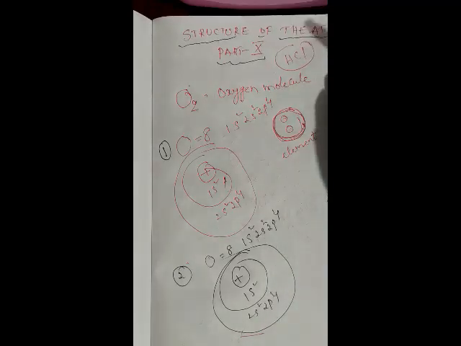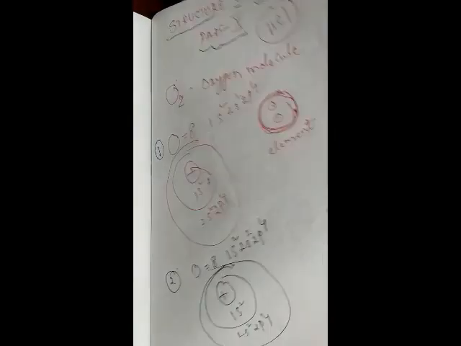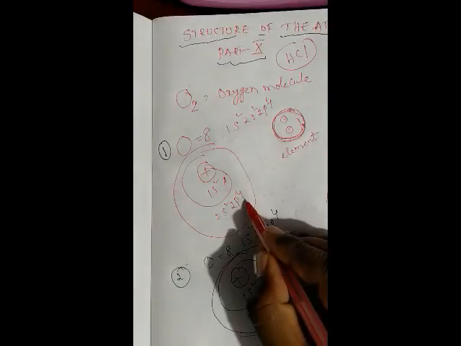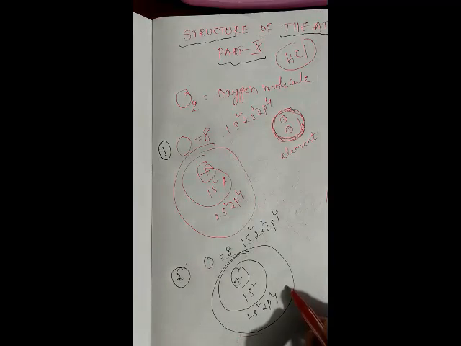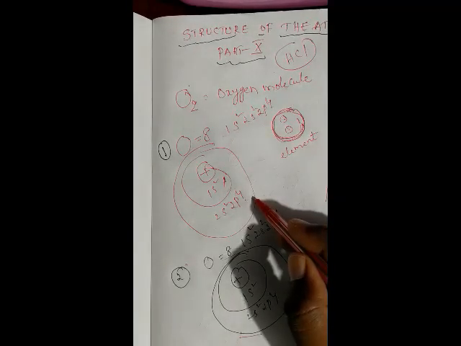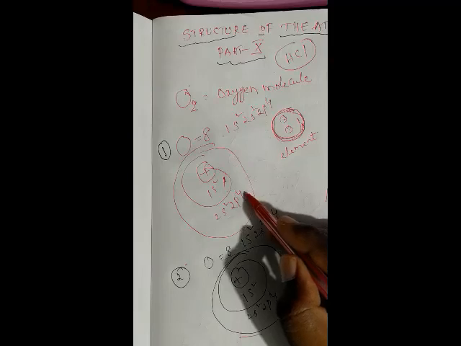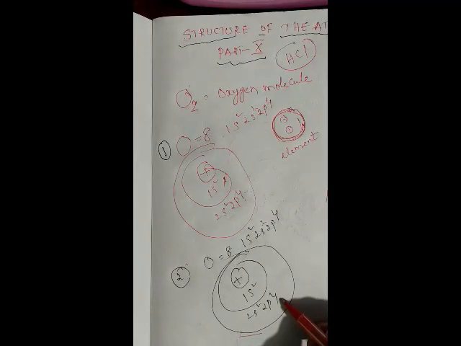Stable atom. So see here, the first oxygen atom, for getting stability, requires 2 electrons. For example, if this oxygen atom transfers 2 electrons to this oxygen atom, then it contains 8 electrons in the outermost orbit and it will become stable. But here, due to the loss of 2 electrons, it will remain unstable.